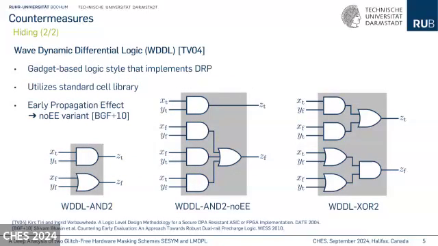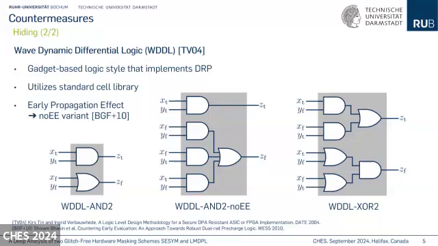Now, a way to implement this in hardware is to use wave dynamic differential logic, or WDDL in short, which is a gadget-based logic style that implements these DRP principles. And these gadgets themselves utilize cells from the standard cell library. So for example, on the bottom left, we can see a WDDL AND gadget, which basically computes the two rails